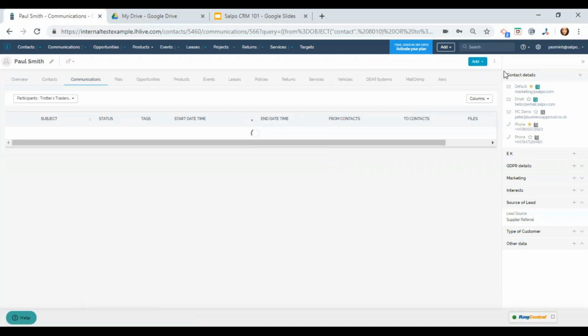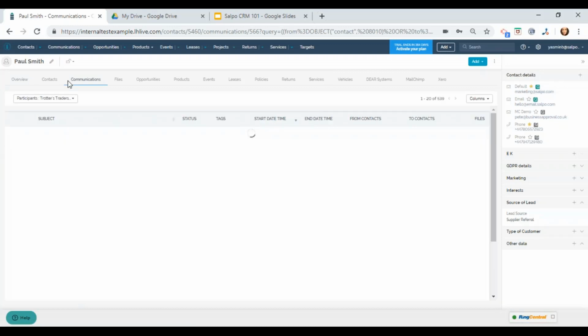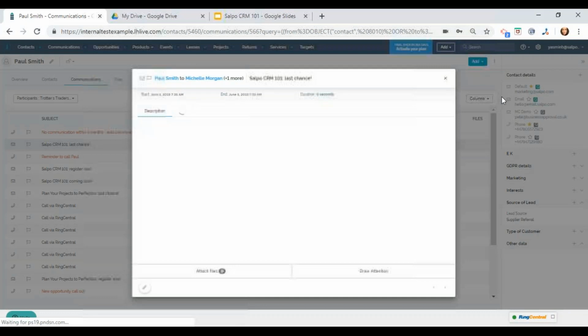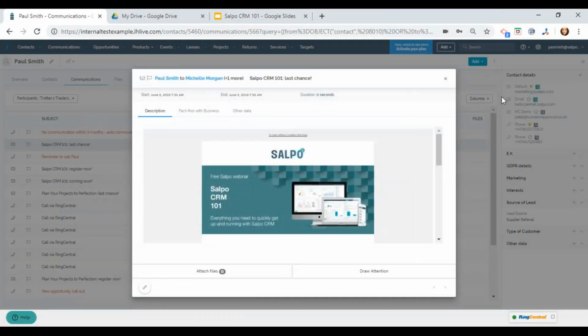So I'll just show you an example of the email connector. Because I've got my email address registered against this customer, no matter how I've sent the email, whether that's by clicking on the hyperlink in Salpo, or whether in the evening I may just send a quick email from the app on my phone, or whether I've sent it via my usual Outlook system on my computer, all of those emails are going to be pulled through into Salpo as long as that customer's email